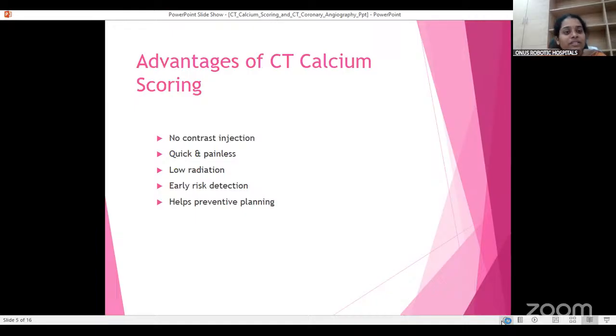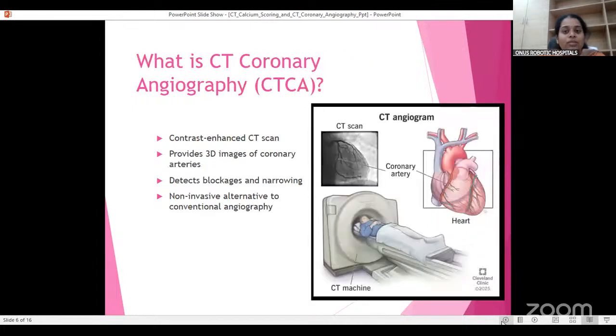So the benefits of the CT calcium score are that there is no contrast injection. It's quick and painless, with low radiation exposure, early risk stratification, and preventive planning. Coming to the CT coronary angiogram, it involves slightly more radiation compared to calcium scoring. So when we do the CT calcium scoring and the score is above 100, we